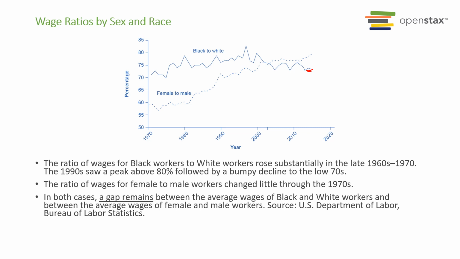And also, if you look at the male and female number, now the gender gap has been closing up, but today there's still a gap existing. So a female worker will earn about 75% of the male worker. Now, this is capturing all the different factors such as the type of works, the years of experiences, the type of positions. So holding everything else constant, we still see this gender pay gap and also racial pay gap